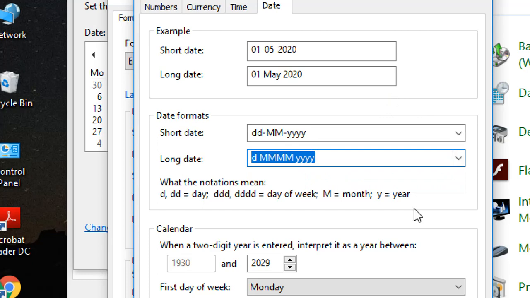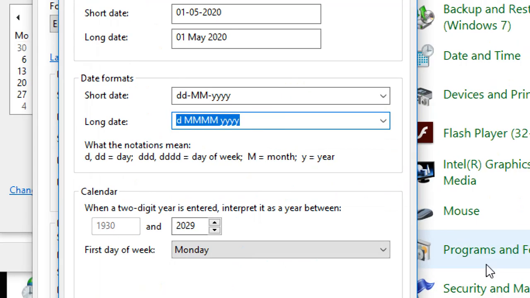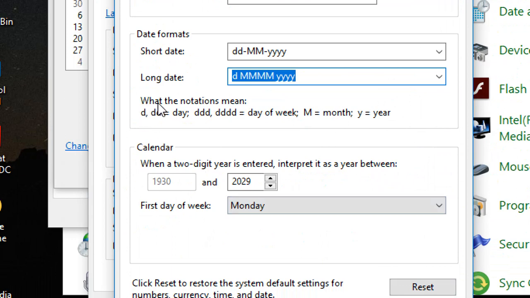Okay, so let's go down. Here it is showing you the notation, D and DD mean day. 3 times D or 4 times D means day of the week, meaning which day is today? Today is Friday. So if 3D is given to you, it will give you FRI.